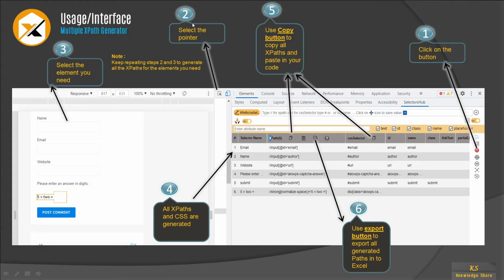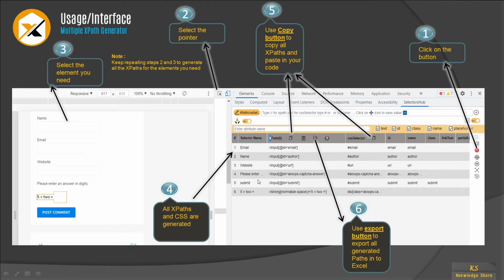Keep repeating step 2 and step 3 to generate all the XPaths for the elements you need. That means you have to click on this icon and select, again click on this icon and again select the element, again click on the inspector element and select the element. So when you keep on doing this, you see the list here, all XPaths and CSS are generated. That means one by one, whatever you selected here, it will be popping up here.